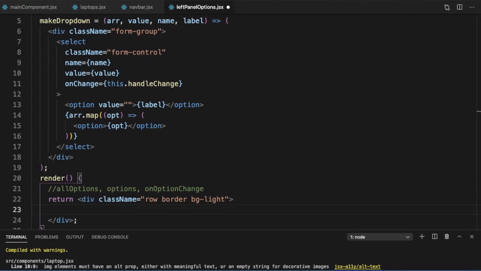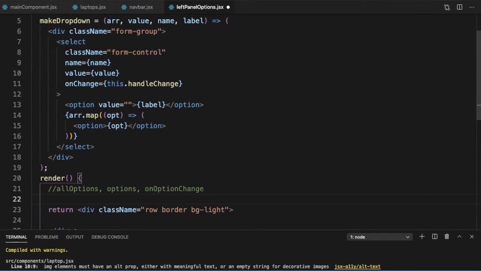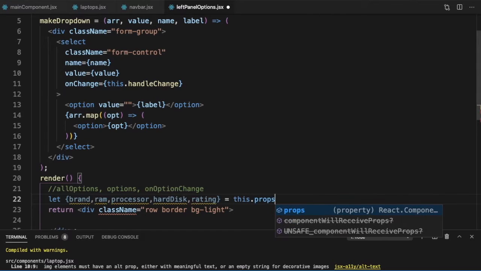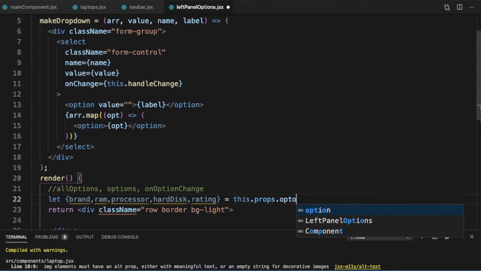So we will make a drop down. And how many drop downs do we need? So let's just destructure it. So let's say let brand comma RAM comma processor comma hard disk comma rating is equal to this dot props dot options.